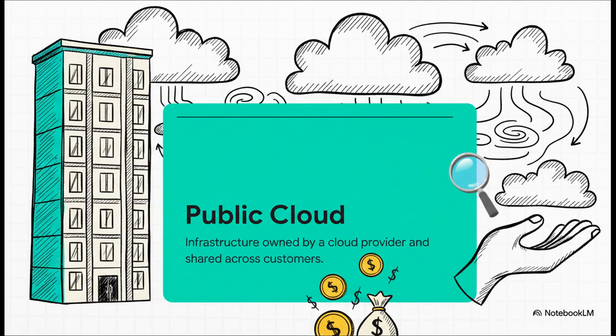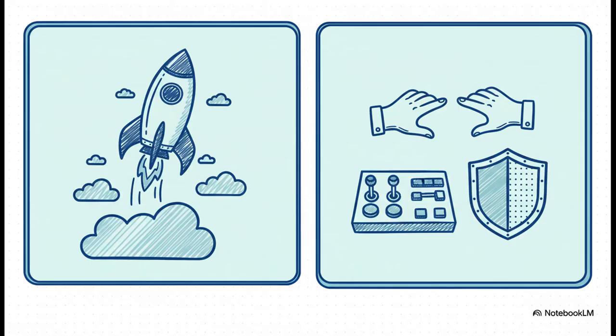The easiest way to think about this is like renting an apartment in a massive professionally managed skyscraper. You don't own the building, right? Giants like Amazon or Google do, but you get to use their incredible world-class facilities and just pay for what you use. So what's the trade-off? Well, it's pretty clear. You get insane speed and the ability to scale up without ever buying a single server. You can literally deploy your app around the world in minutes. But what's the catch? Well, you do give up some of that fine-grained control, and security becomes a shared job between you and your provider.